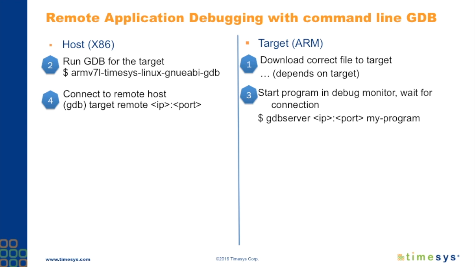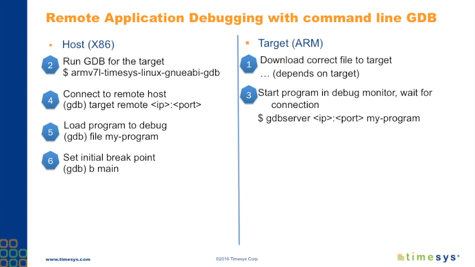In a fourth step, we need to connect from a GDB shell to our target. We need to specify a target remote IP address. In a fifth step, we are going to load a program executable with all the debug symbols into a host side GDB. At this point, we can start setting up breakpoints and start controlling a debug session step by step,